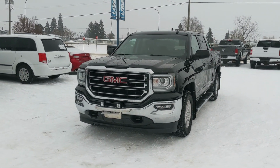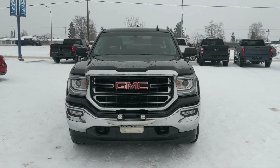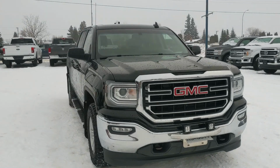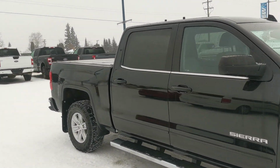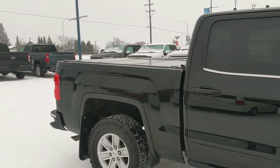Hello, this is Eric at the Prince George Ford Pre-Owned Supercentre, and we're taking a look at the 2018 GMC Sierra 1500 in an SLE trim and powered by a 4.3-liter V6 engine, providing you with decent power for towing,